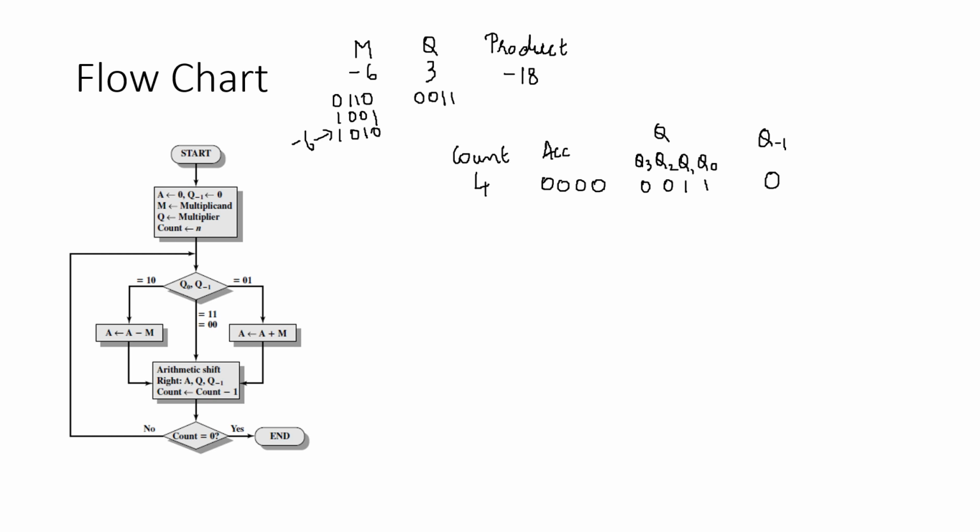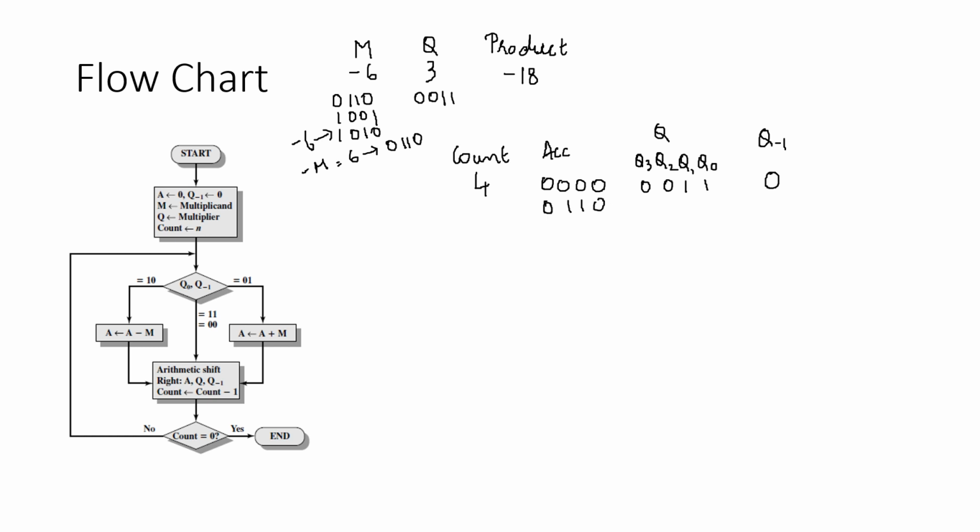So M is 1010, which is minus 6. So minus M is nothing but plus 6, which is 0110. Therefore, the operation that we perform here is A minus M, which is nothing but A plus of minus M. So the accumulator is 0, minus M is 0110. So therefore, what we get here is